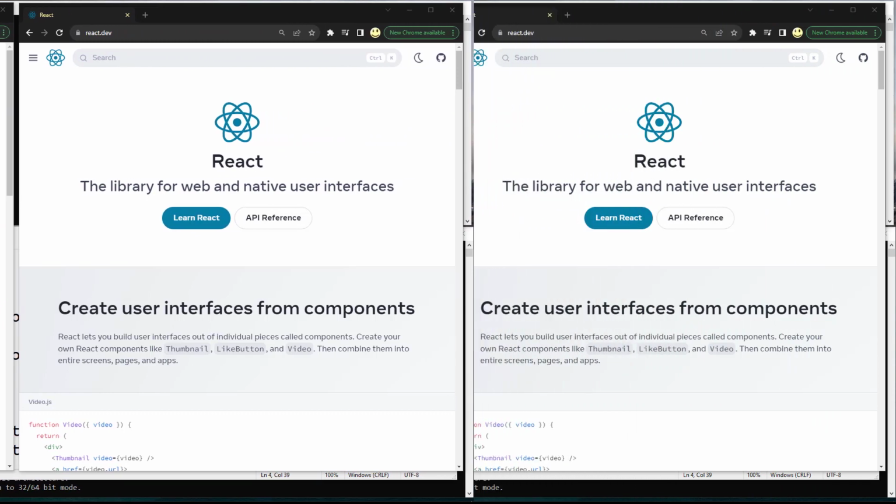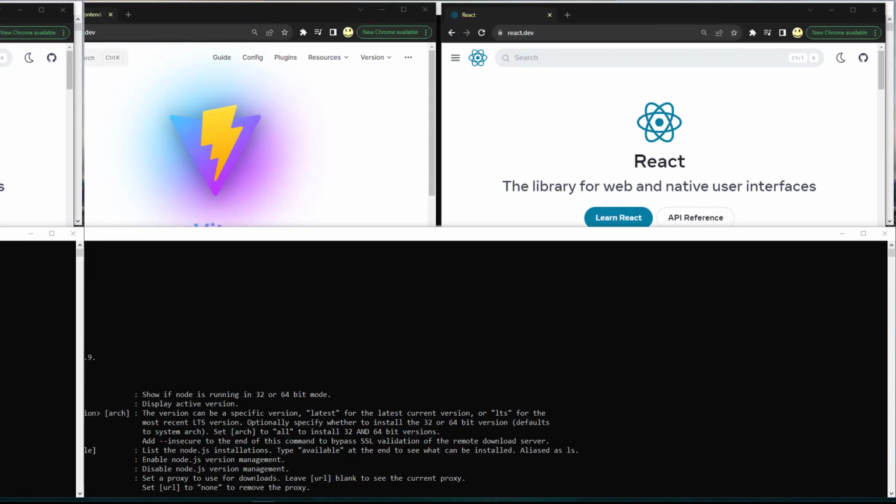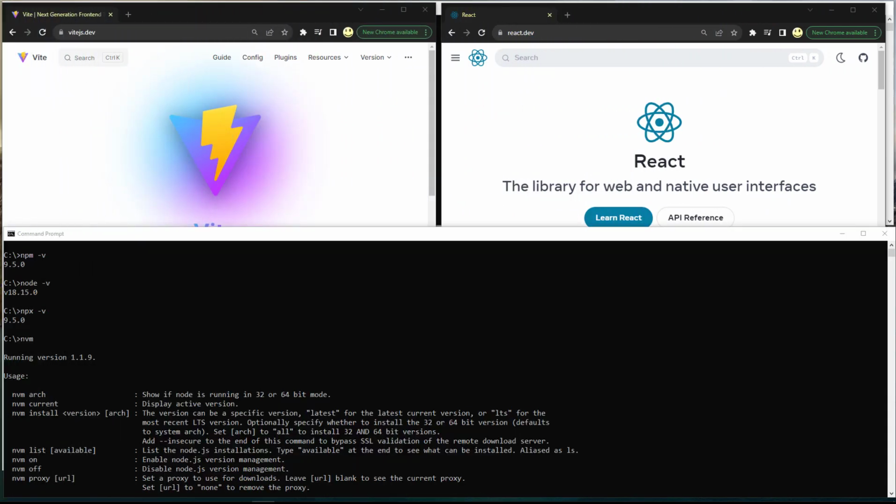So let's go ahead and get started. I will show a few things that I have set up on this machine because you may or may not have them set up or similar versions on your machine. This is a Windows 10 machine. And so here I showed the version of NPM that I'm running currently, 9.5.0, and Node version 18.15.0, and then